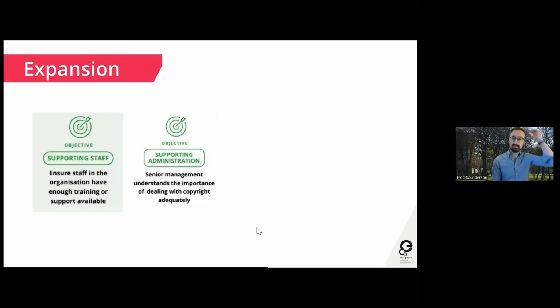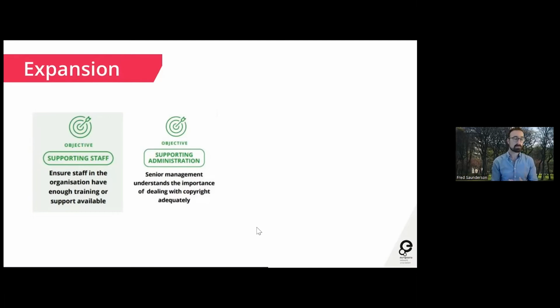So I think this is really, really fundamental, and I think it's key to that word expansion there. If we want our organizations to grow and to be able to make, for example, bolder moves with more contemporary material and really push the boundaries with content and clear more rights or take greater risks or involve more dynamic forms of content in a safe way in terms of copyright, we need our senior leadership to understand the fundamental role that copyright has, and have them on board so that when we go and ask for resources for a project or for an activity to clear rights or to obtain copyright permission or to invest in people who will look at rights when we acquire material.